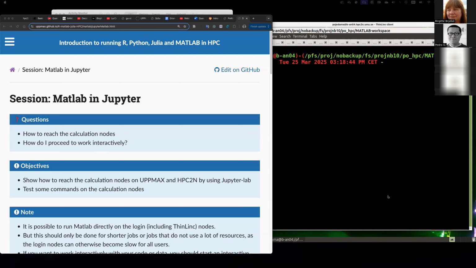Can you see the Matlab in Jupyter web browser? Yes, I can see it. Okay, yeah, then we are okay. So